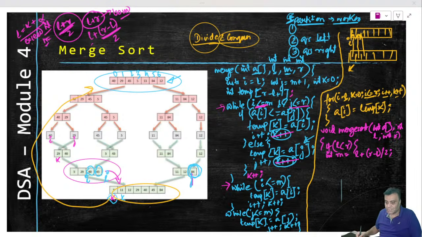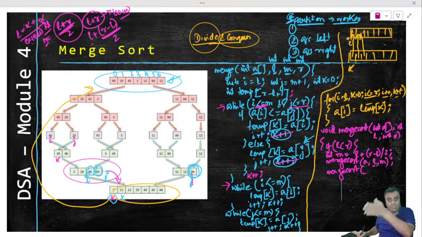After this midpoint is done, what we will do is we will call the same function, merge sort, with A, L and M. That is my midpoint, L and M. And that is the left part, right? A, the left pointer to the midpoint is the left array, right? So then we have got the midpoint, so we are dividing it into the left array.